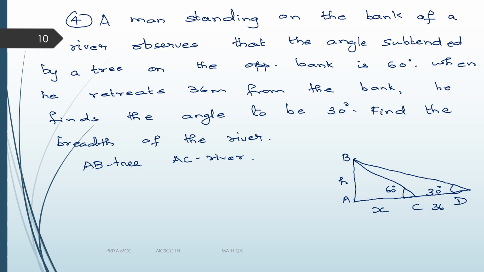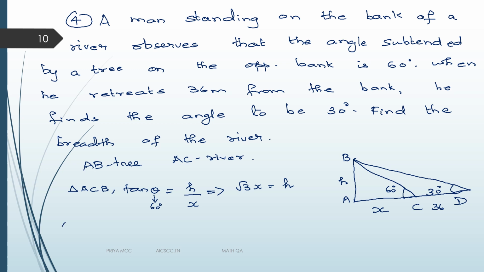Okay, so from triangle ACB, again you note that BCD is not a right angle triangle. You should either use ACB or you should use ABD. What is your tan theta? Most of these problems will use tan theta: opposite side by adjacent side. So h by x. What is your theta? Theta is equal to 60 degrees. Tan 60 is equal to root 3. So root 3x is equal to h.